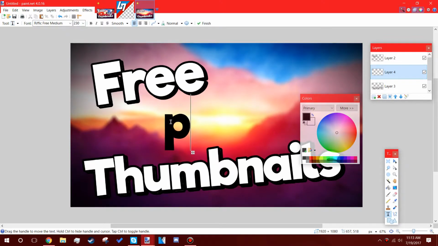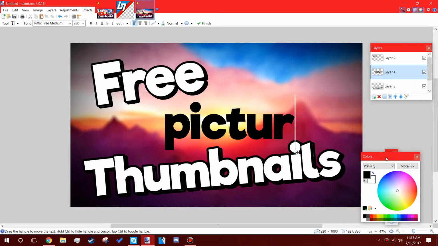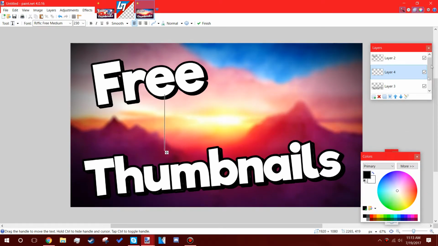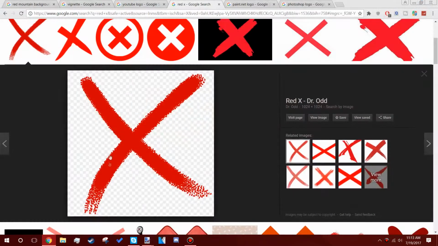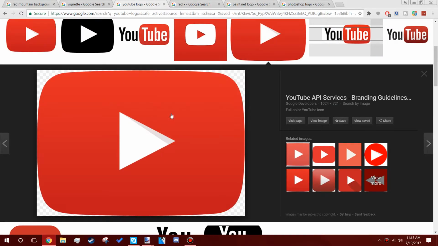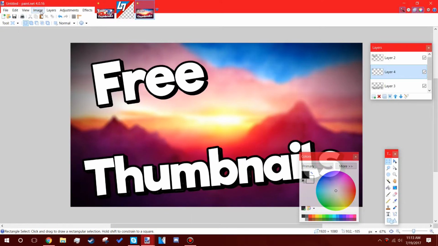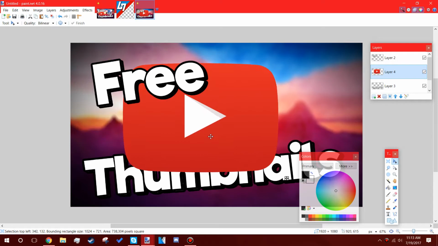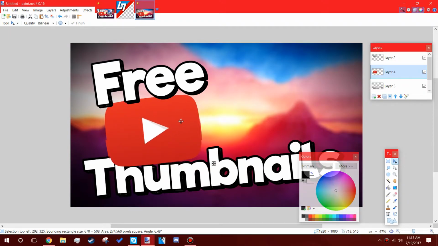you can go ahead and move on to step 3, which would be pictures and other stuff that you might want to add. Now, I know that you can just do a background with text, but that's a little boring, so what you can do is you can just go to Chrome and select whatever images you think would help make your thumbnail better. And since mine is about YouTube thumbnails, I think that I can add the YouTube logo to make it a bit better. So what I'm going to do is I'm going to go ahead and copy and paste the YouTube logo into there just like that, and sort of just move it around